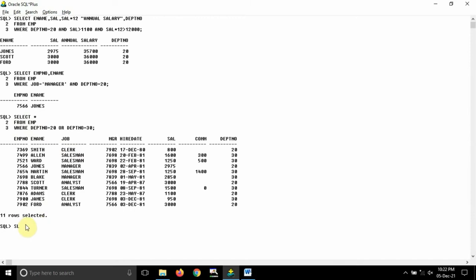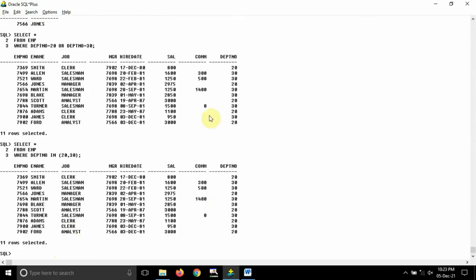Okay, so I will write select star from EMP where DEPT number, I will use in operator here. So this is the in operator, and in bracket I can mention the department numbers 20 comma 30. So in means or, indirectly in is saying that if department number is satisfying any of these conditions, either the department number should be equal to 20 or department number should be equal to 30, then display the details. So if I hit enter, then you can see the same table has been displayed